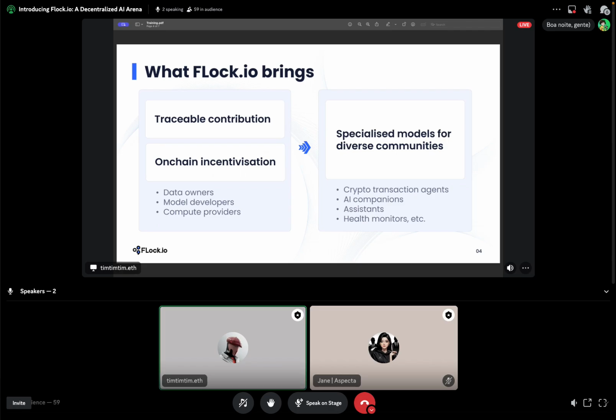So what Flock brings in is two parts. We use the traceability of blockchain to trace contribution, and through that traceability we can incentivize people who participate in our network. For example, you can participate by contributing your data, your model, and your computation.